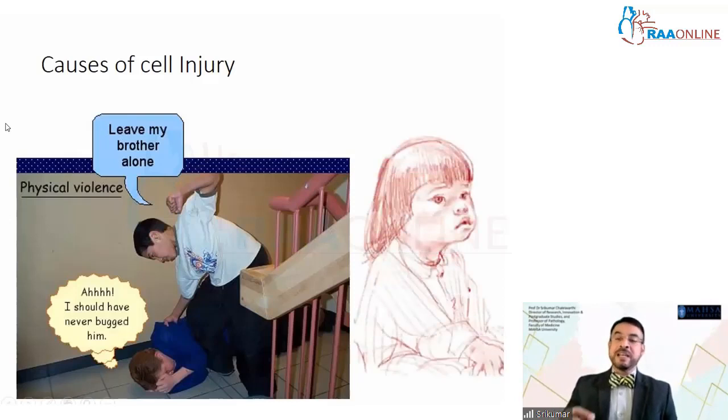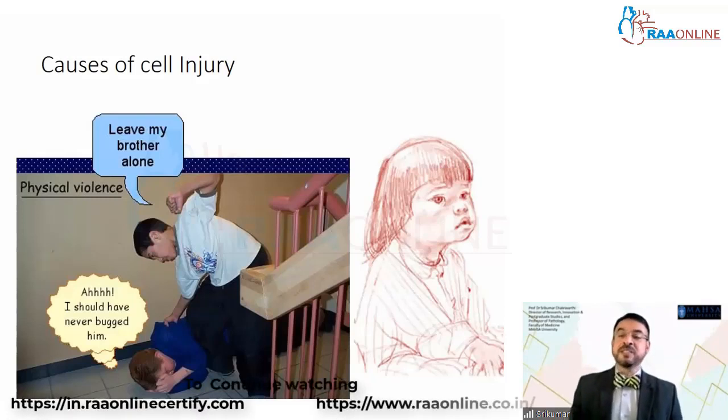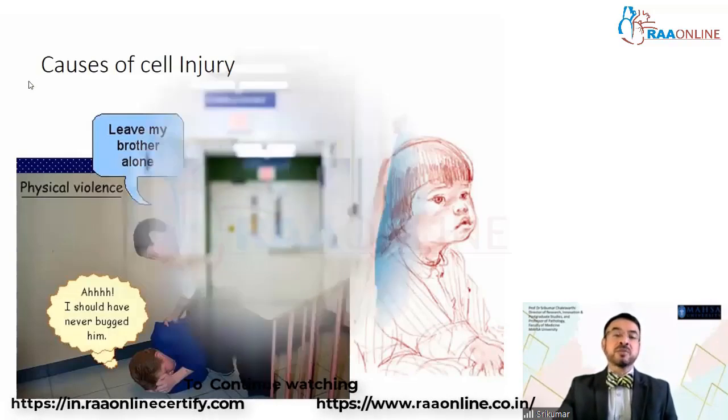Or anything as complicated as a subtle genetic mutation where the child is born normal. We don't realize that the child is abnormal, but as the child grows up, the child manifests with mental retardation, and at that point, we realize that there is something wrong, and this something wrong is a damage in the DNA of the cell, and that itself causes an injury. We call this a mutation. So there are numerous causes of cell injury,